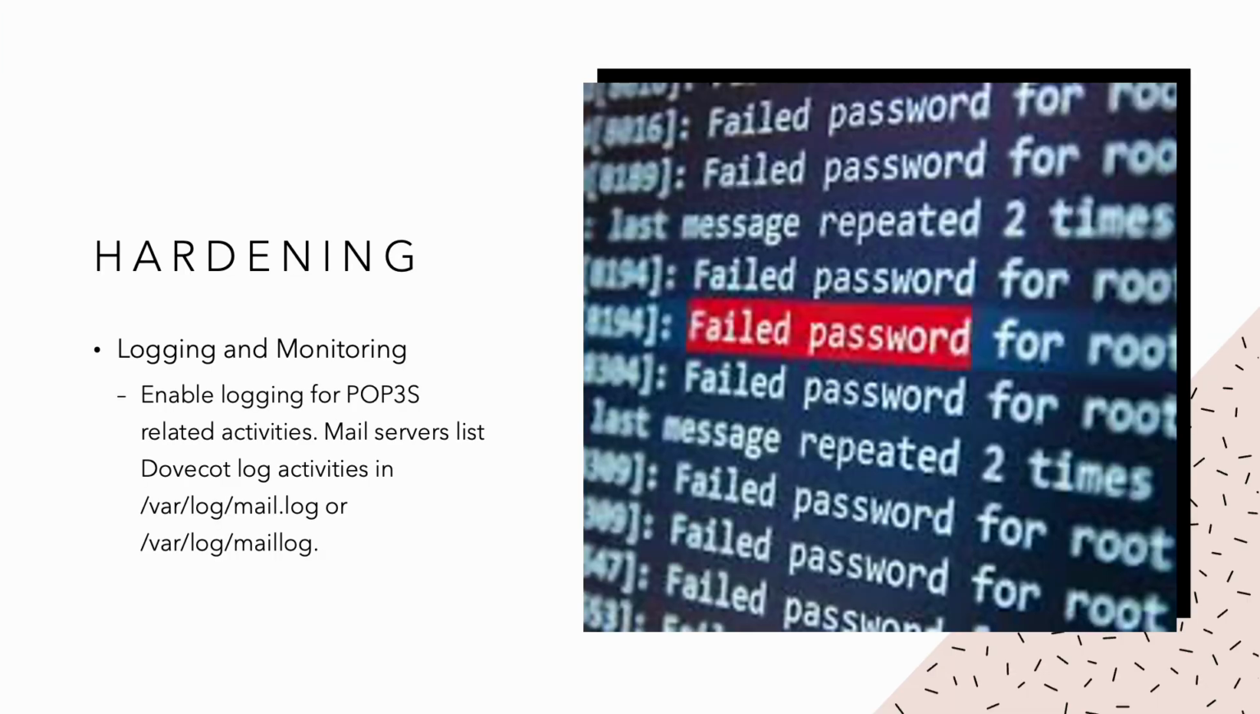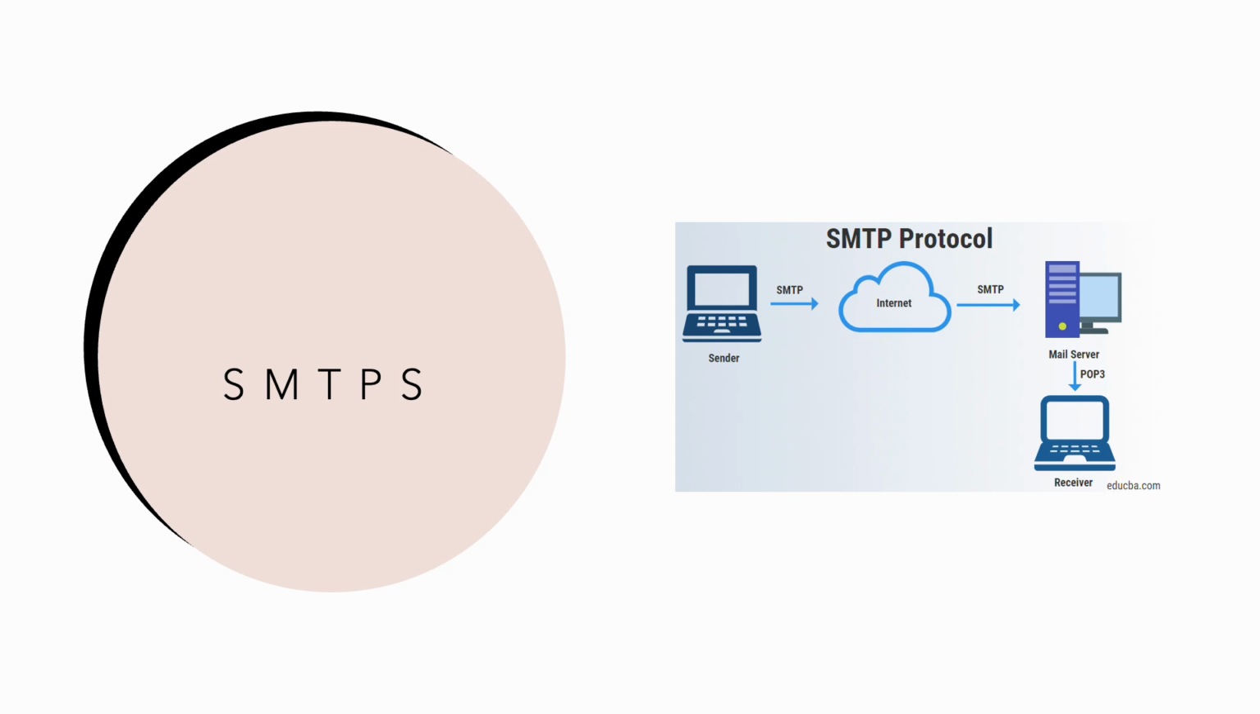Another hardening technique is for logging and monitoring. This is very, very important. So you should enable logging for POP3S related activities. Mail servers list Dovecot activities in this directory listed here. Alright, now let's talk about